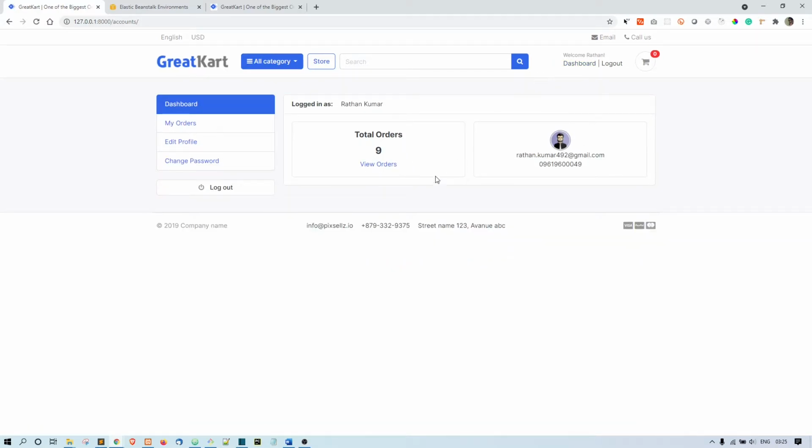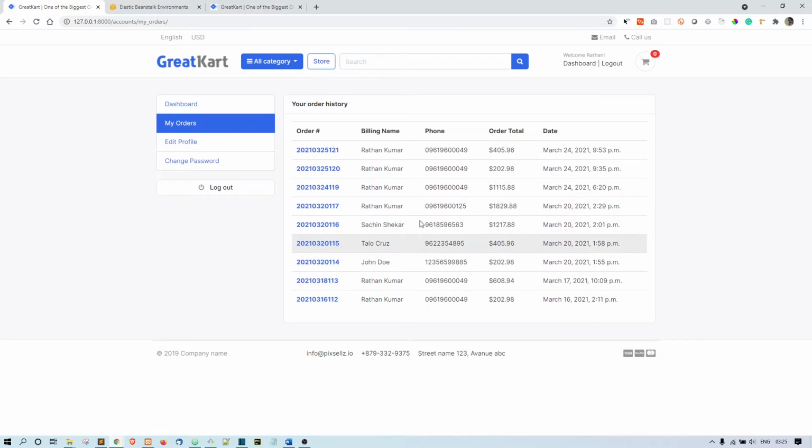In the dashboard we have two cards. One is total orders, and another one is the profile picture, email address and phone number. Then we have the my orders. In this one we can see the list of orders we have placed. If you want to see the order detail of this page, just click on this order number, and you can notice here